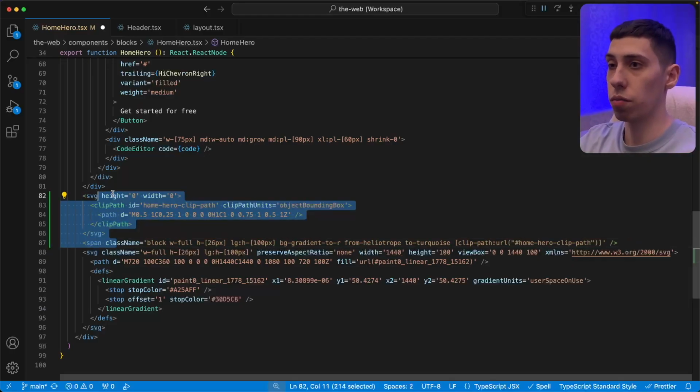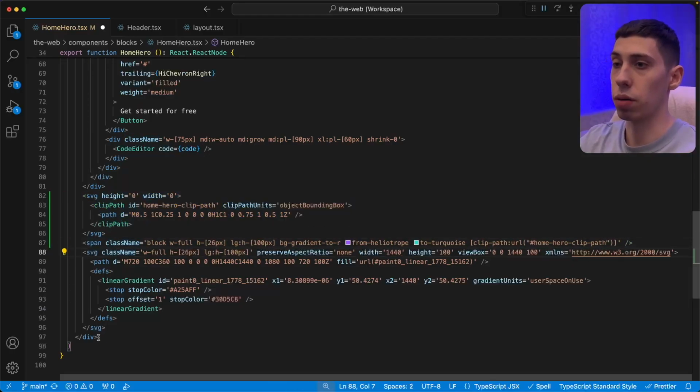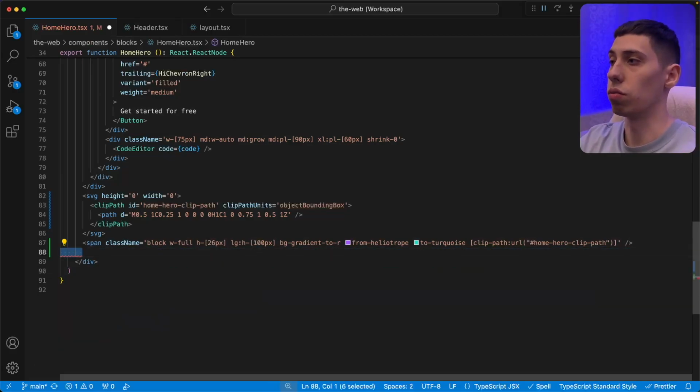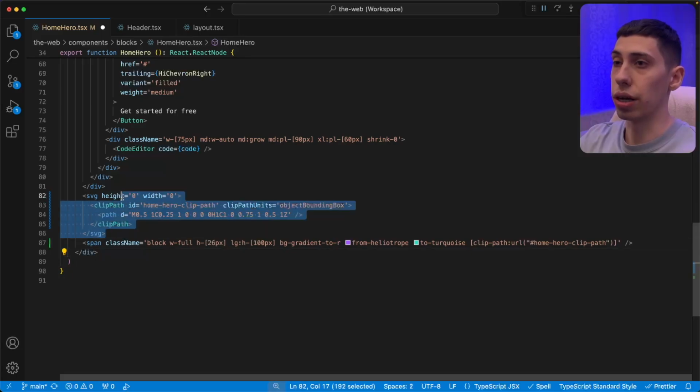And I already have been experimenting, so this is what I came up with. So I will just delete the old one. And the idea that I want to go with is I have an SVG here and I have a clip path inside of it, and it has a path which has 0, 1 dimensions. And also important part to have the clip path units object bounding box, so that this way it will stretch